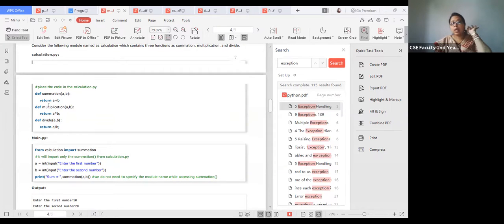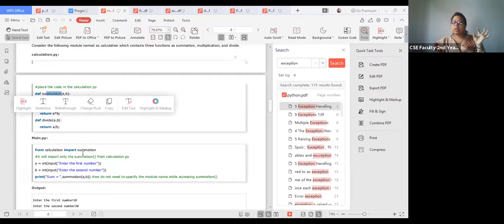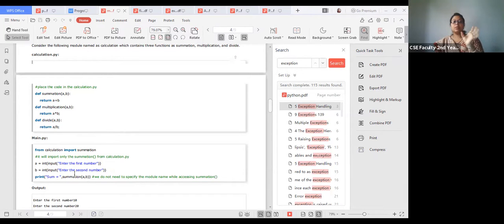But if you only want the summation, then in that case you have to write from calculation, the previous module, that particular module name, here it is calculation. So from calculation import summation, only the summation. When you are importing only summation, you cannot use any other function in your program. So you can only work with the summation function. Okay, so import summation, we don't need the other functions, multiplication and division.